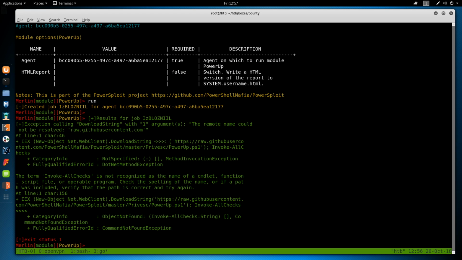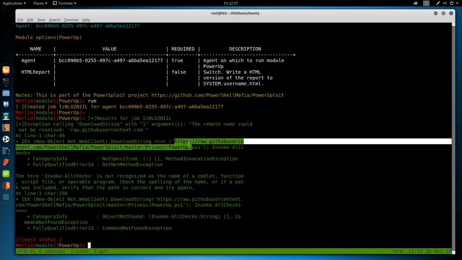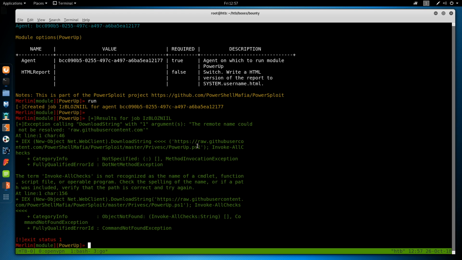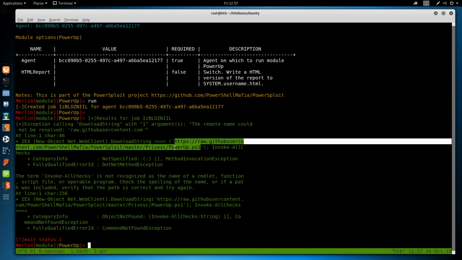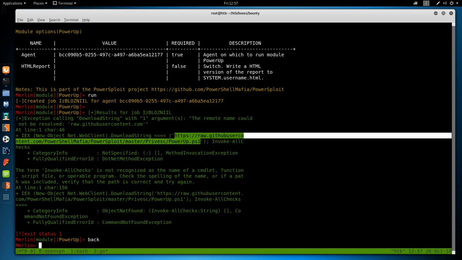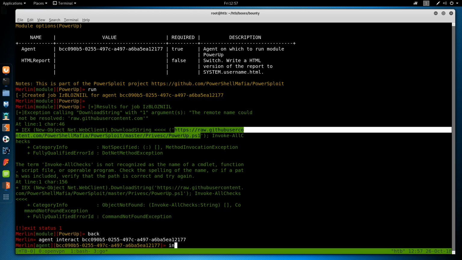And we see one flaw of something I don't really like about Merlin is its commands or its things, in order, I guess, to update easier, always pulls it from GitHub. And HackTheBox doesn't have internet, so none of these modules will work because I think it's doing IEX against GitHub constantly. And yeah, so it should be linked in the GitHub project, in my opinion. Without that, doesn't really help us, so let's just go back and do agent interact, info,